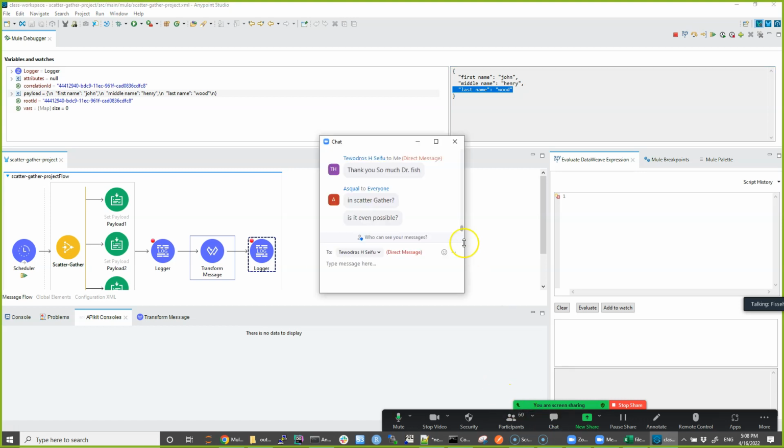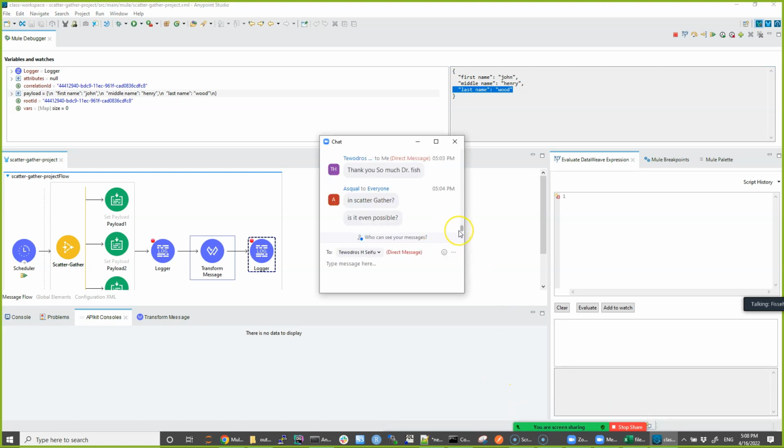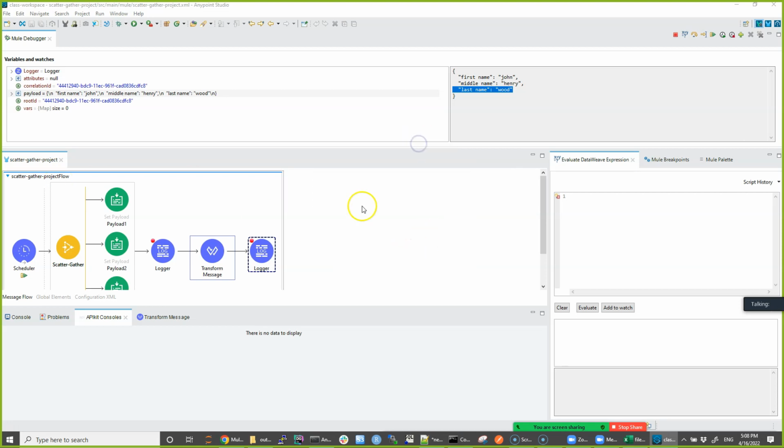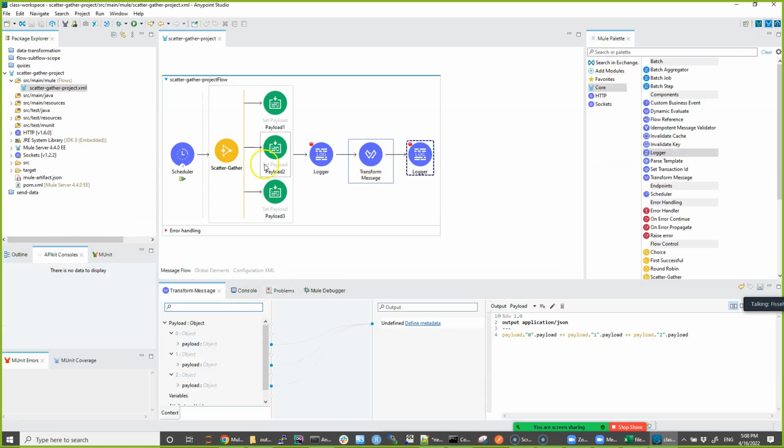Okay, let me take some questions. Asqual, what was your question? What if the data formats are different? Yeah, you can, by the way. If I understood what he means, this scatter gather, the first one,